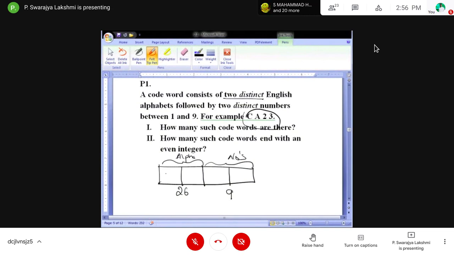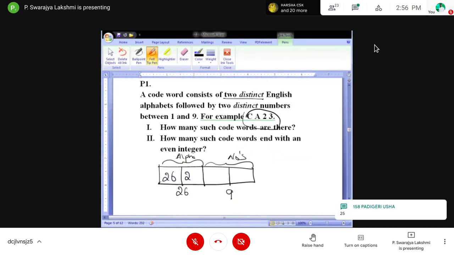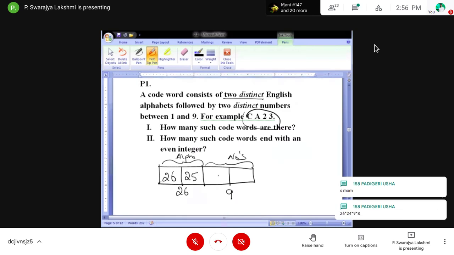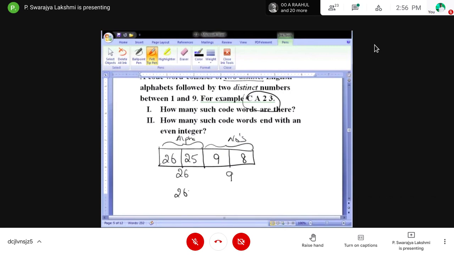For the second, 26 into 25, because one is removed from the 26, leaving 25. And then 9 and 8. So simply 26 into 25 into 9 into 8. So what is the answer?